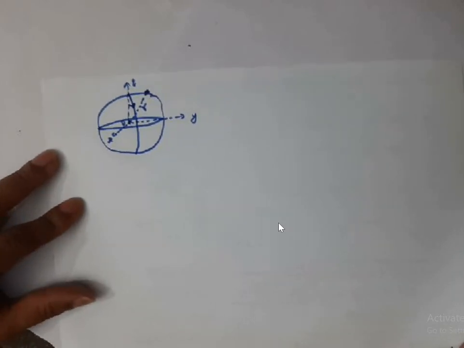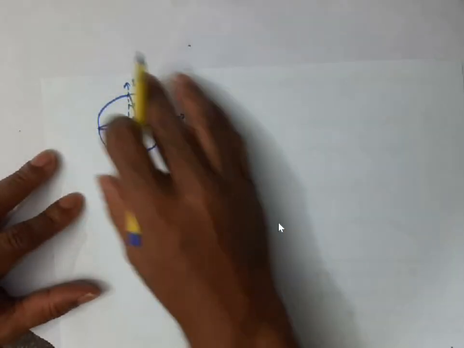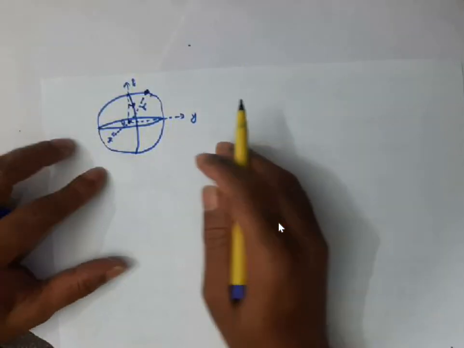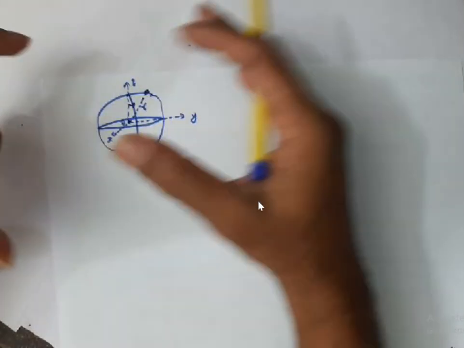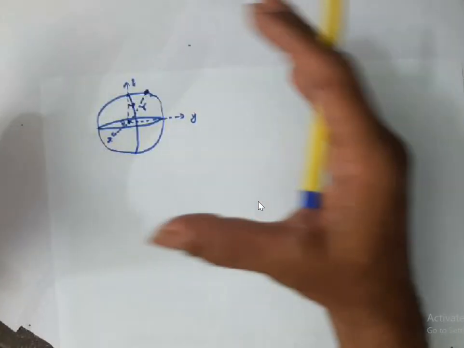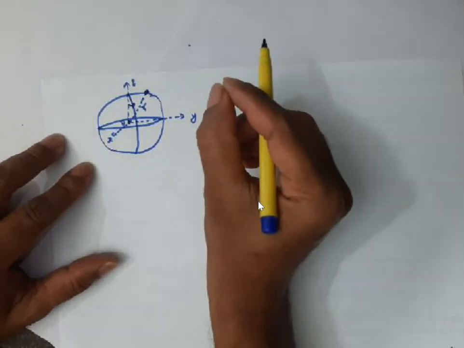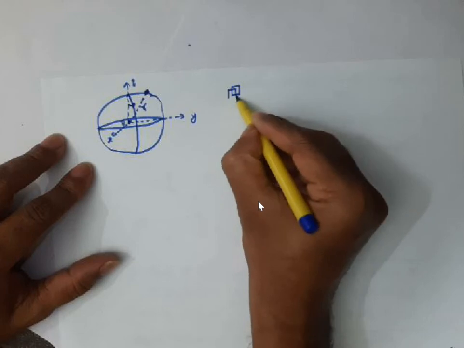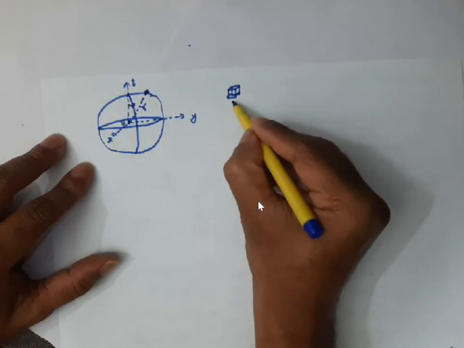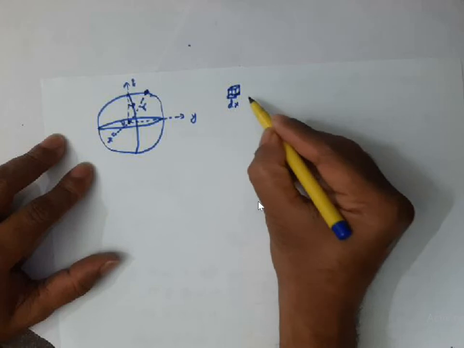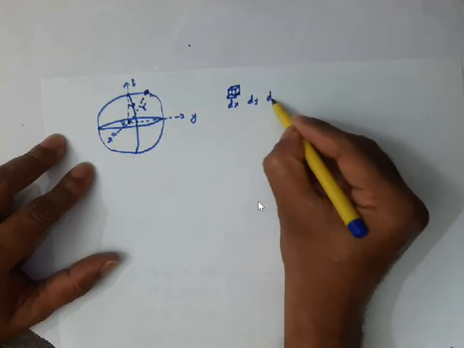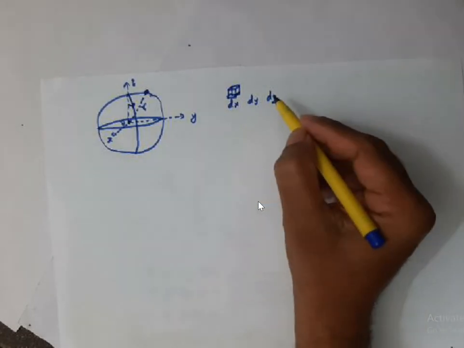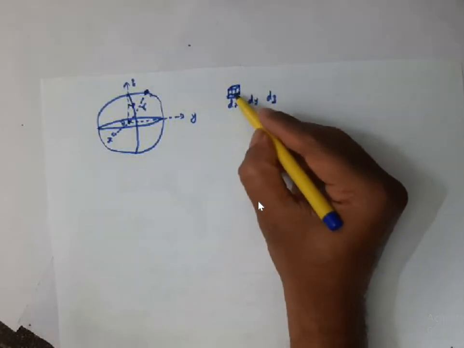Now, in this three-dimensional spherical space, remember r is not constant, r can go to any value. So in this three-dimensional space, you take a small volume element such that the dimensions of the volume element, length, breadth, and height, are dx, dy, and dz. What is the volume of this small volume element?